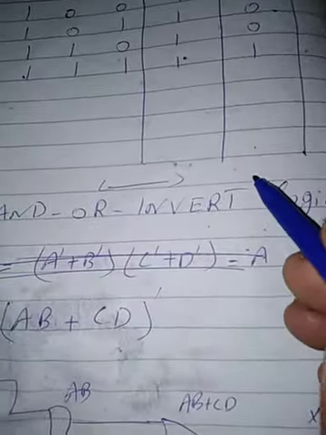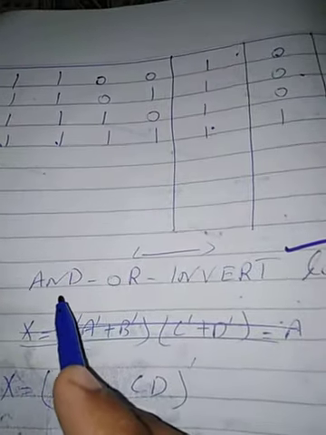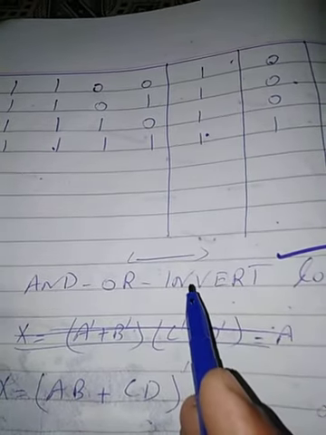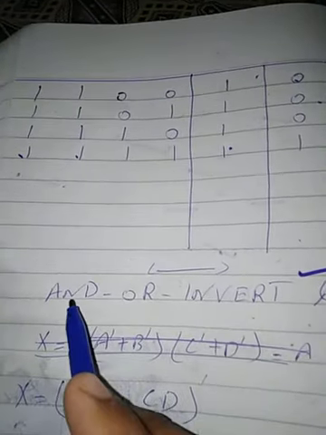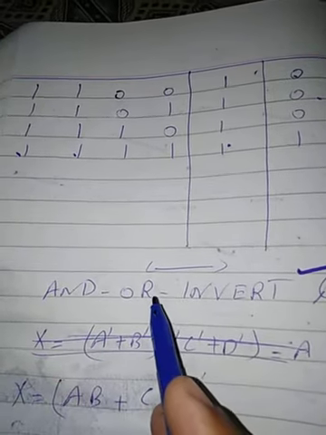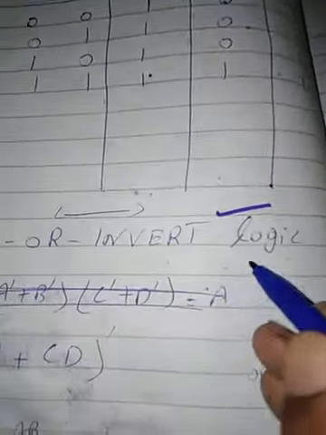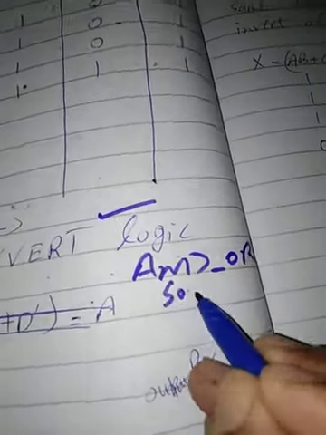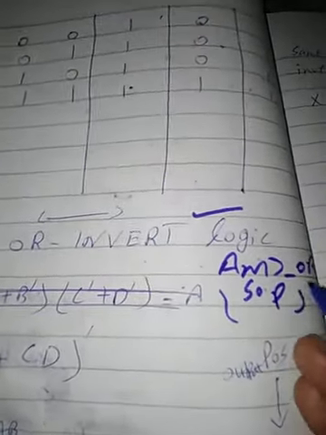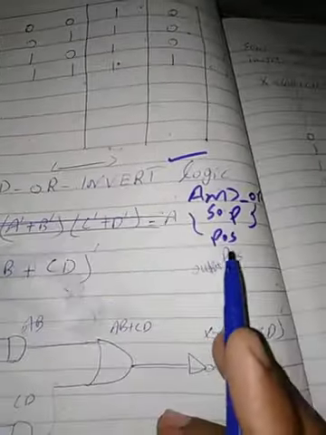Then the next logic is AND OR invert logic. Now look at AND OR invert. First I am taking AND, then their sum, and then their invert or NOT gate. Invert and NOT gate are both the same. So my logic is AND logic, then OR logic, then invert. AND OR logic gives you a SOP because it is a sum of product. First I am taking the product, then the sum. If I take the invert of SOP, then it gives a POS. So the output of AND OR invert logic is always a product of sum.